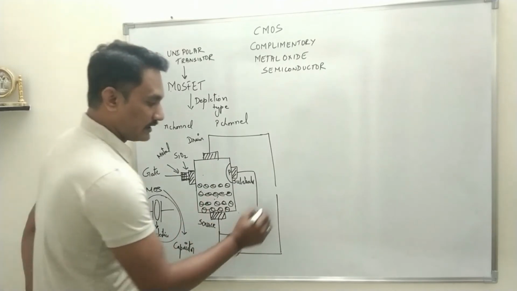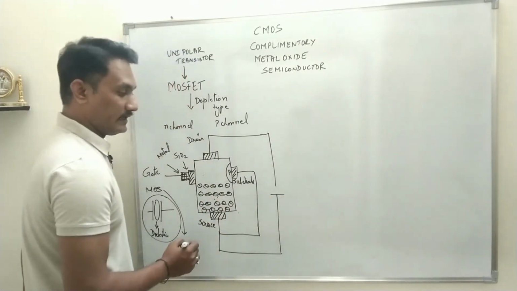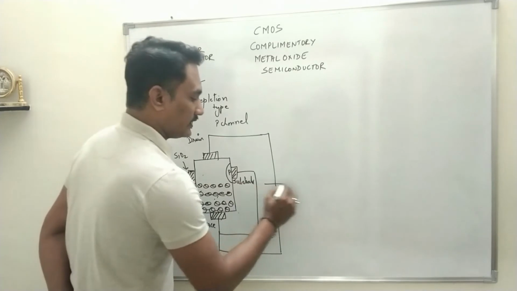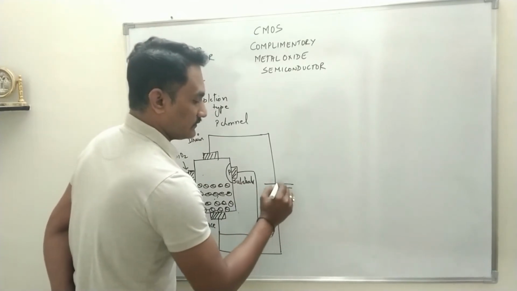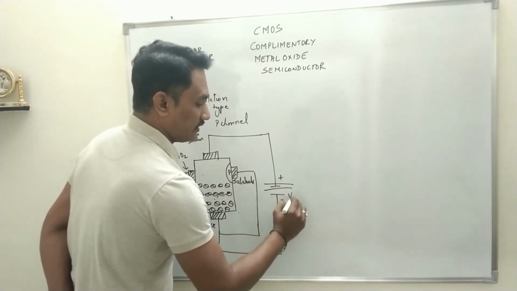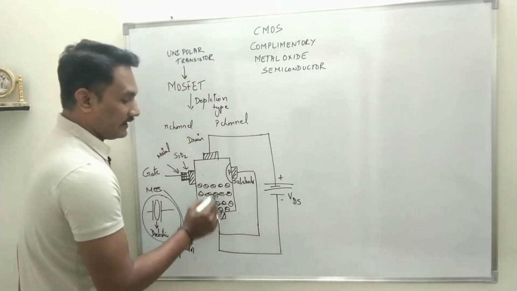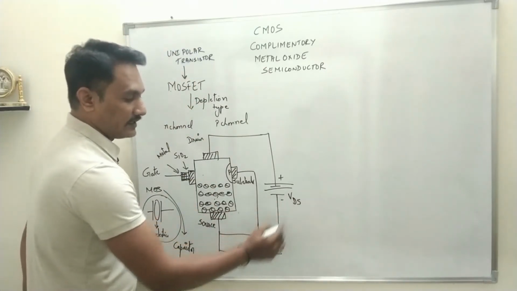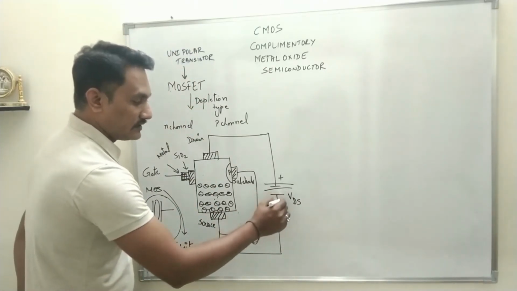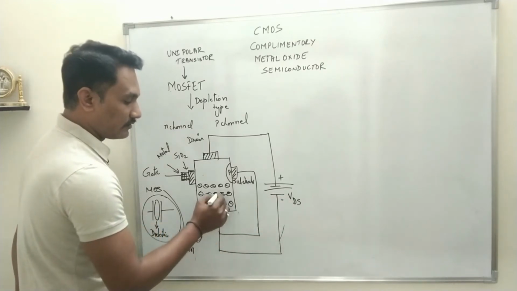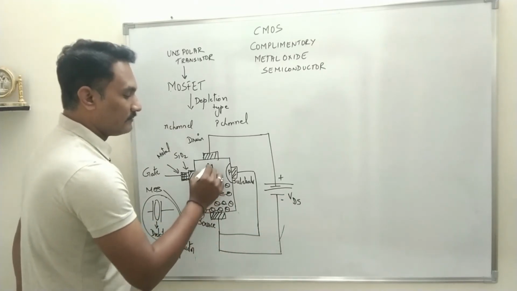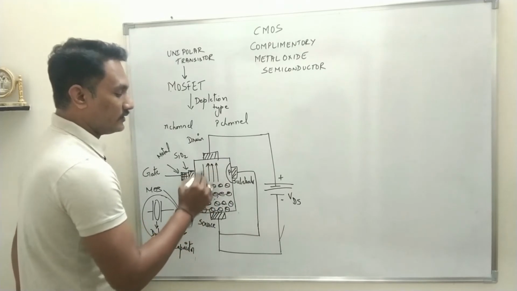So the source should be connected to negative, and the drain should be connected to positive. This potential is applied between drain and source, therefore it is called VDS. As soon as this potential is applied, the negative terminal will repel electrons, and electrons will move towards the drain,